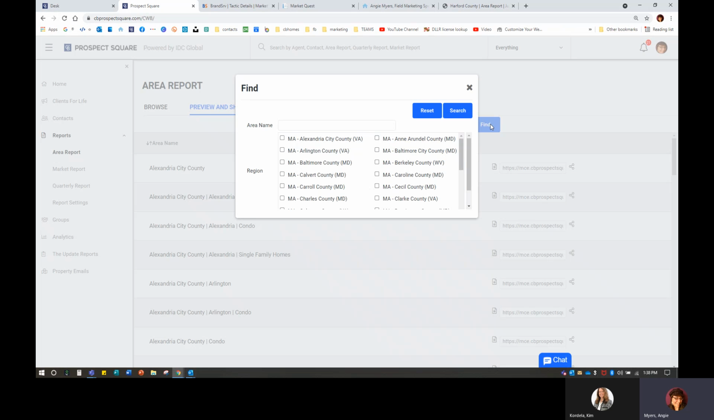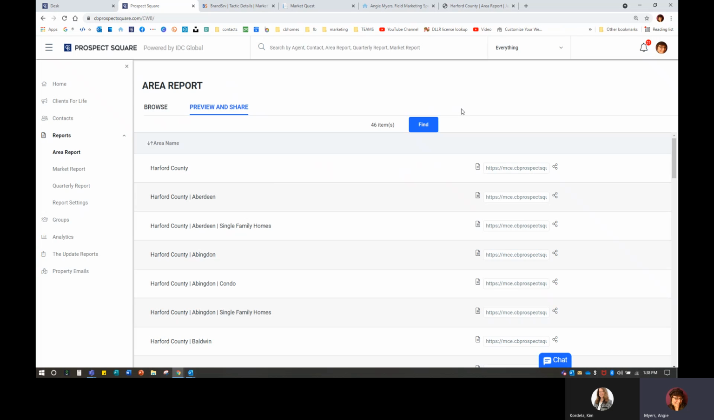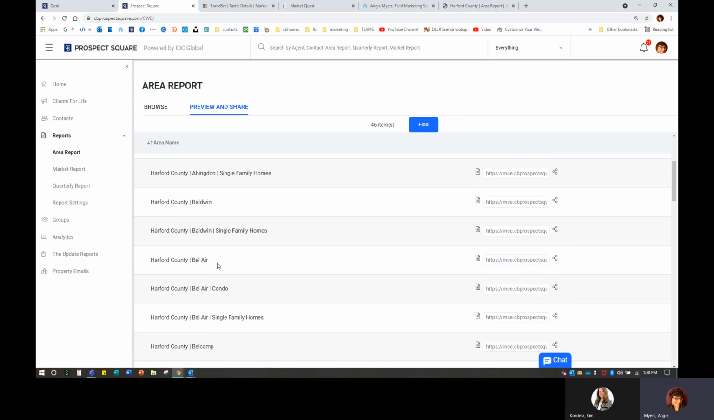I'm going to hit the find button. I'm going to go through. These are all mid-Atlantic. I apologize. I know it looks like Massachusetts. And I'm going to find the particular county that I'm looking for. And I landed on Harford County. So we'll go with Harford County. I'm going to go ahead and do a search. And now you'll see,